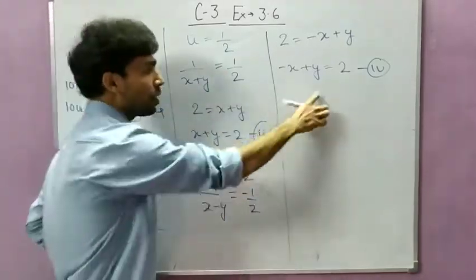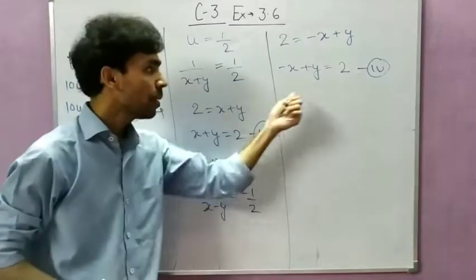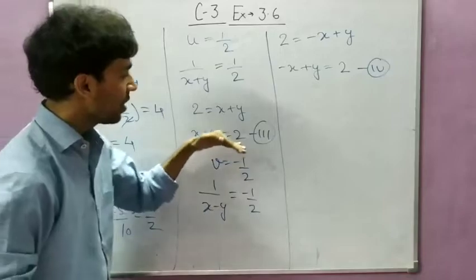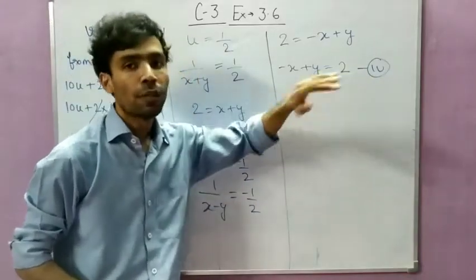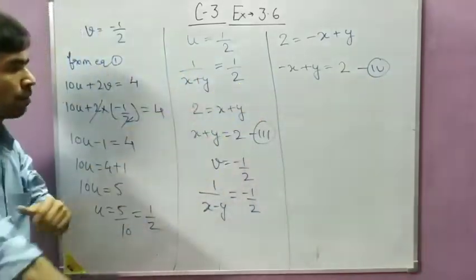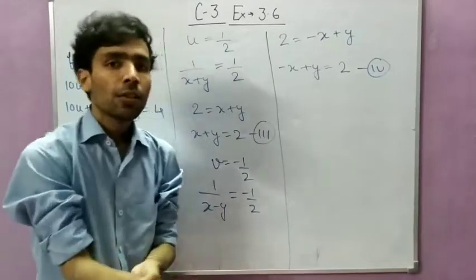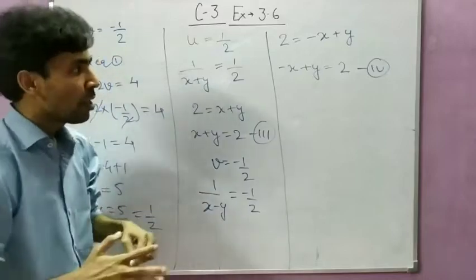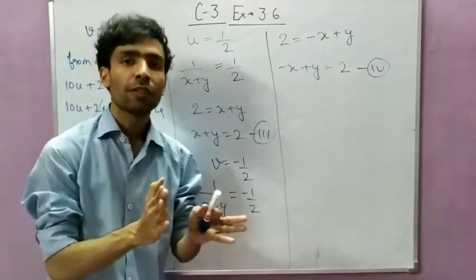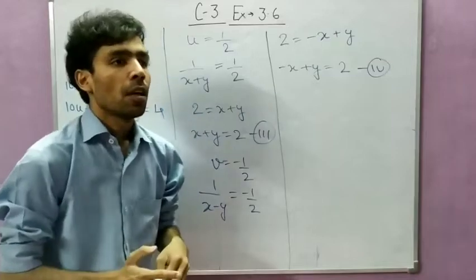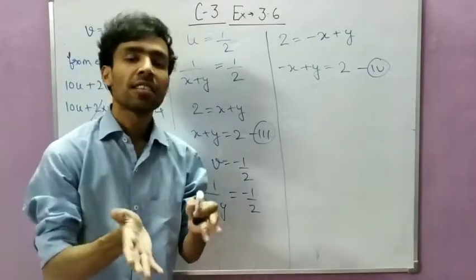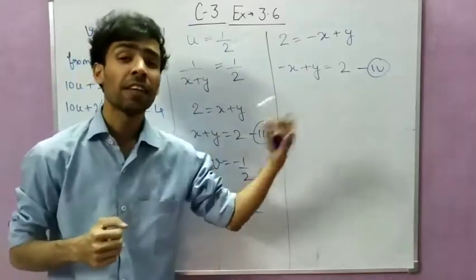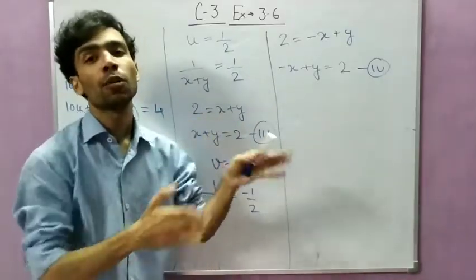Now again you got 2 equations and you can solve them. When you solve them, you will get the value of x and y. So we can solve equation number 3 and equation number 4 one more time. We will solve by any of the methods. So we can use the elimination method because it is very simple. Now in the elimination method, we have to make the coefficient of the particular variable the same. If you want to eliminate x, then its coefficient should be the same in both equations. If you want to eliminate y, its coefficient should be the same in both equations.